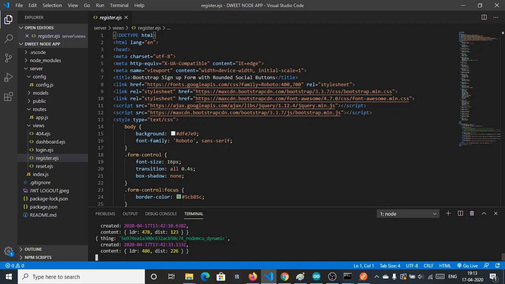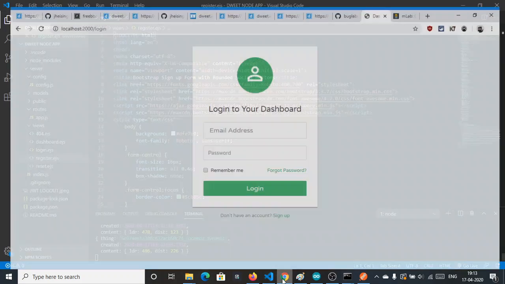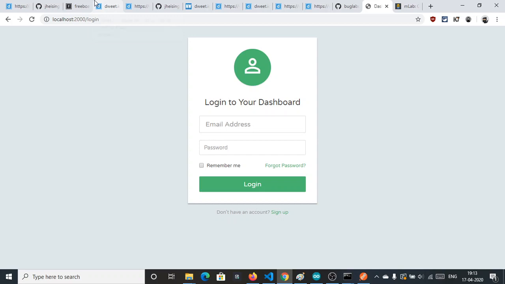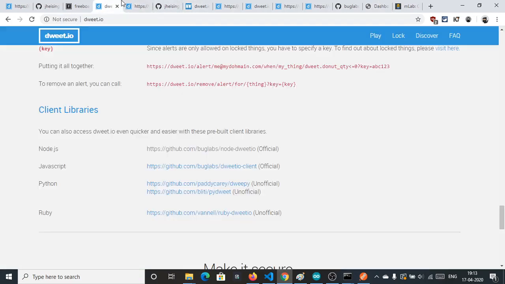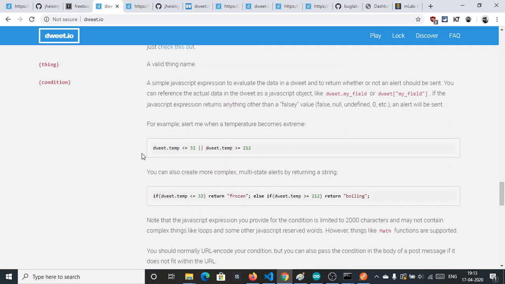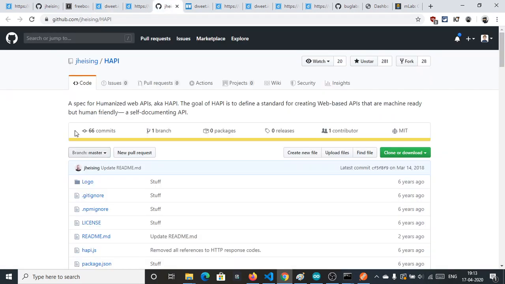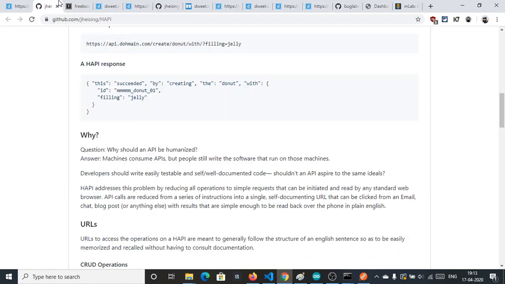As you see, as I have signed out, no more data is being received here, because as soon as we click on the logout button, we have basically unsubscribed.